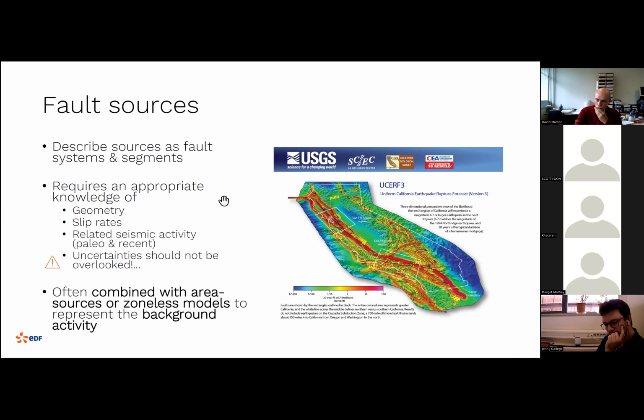So this is also why this representation is not easy for low to moderate seismicity countries, such as France, for example. Because maybe if we know where our faults are, for some faults, or for most of them, we lack knowledge on the slip rates. So this is an issue we need to tackle when we have to deal with this kind of model